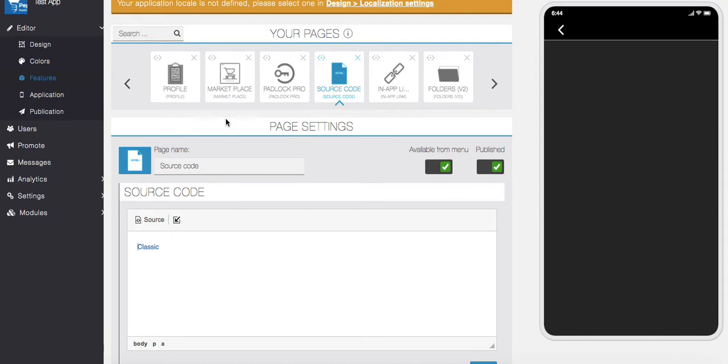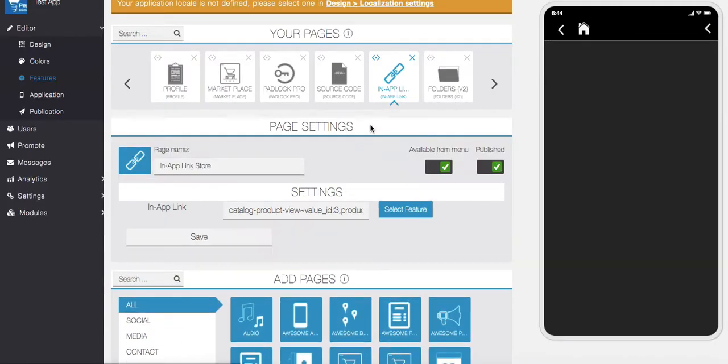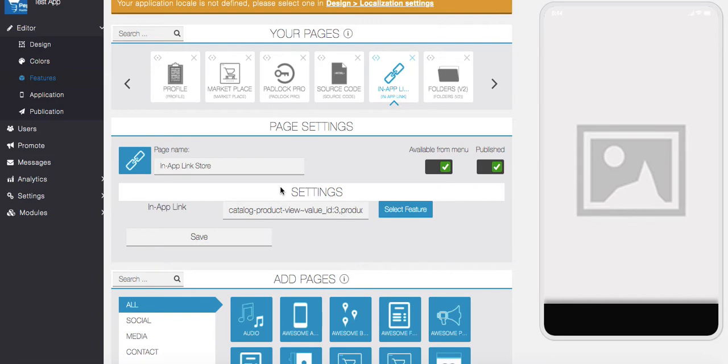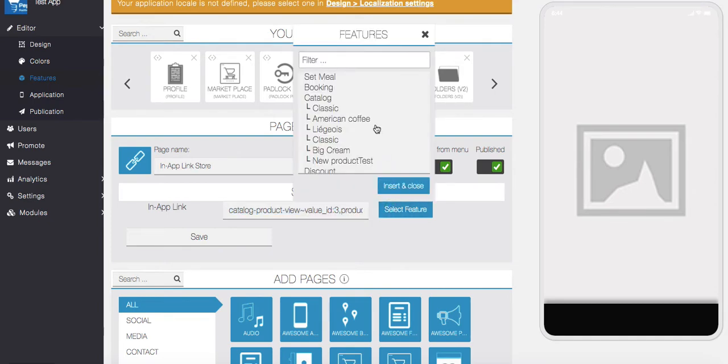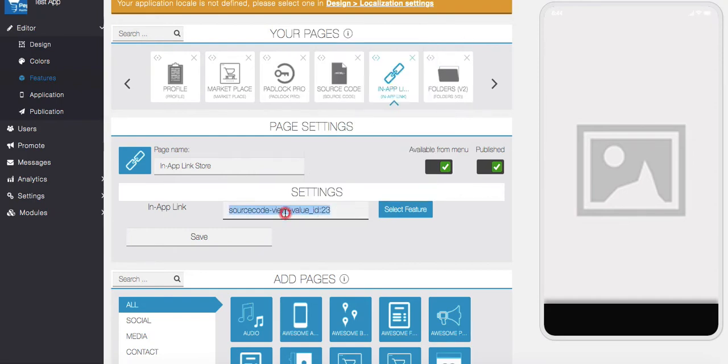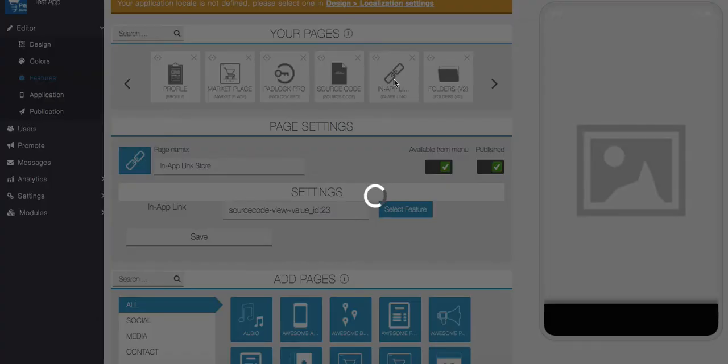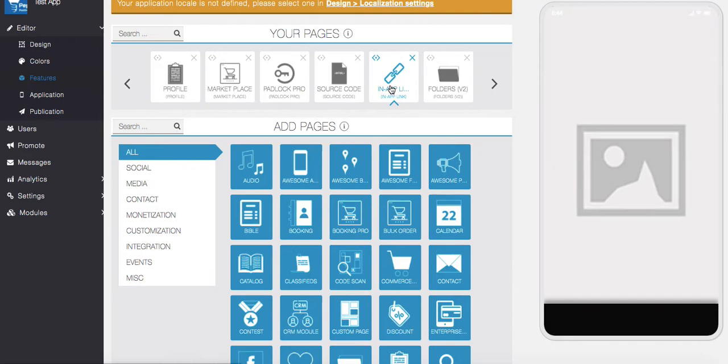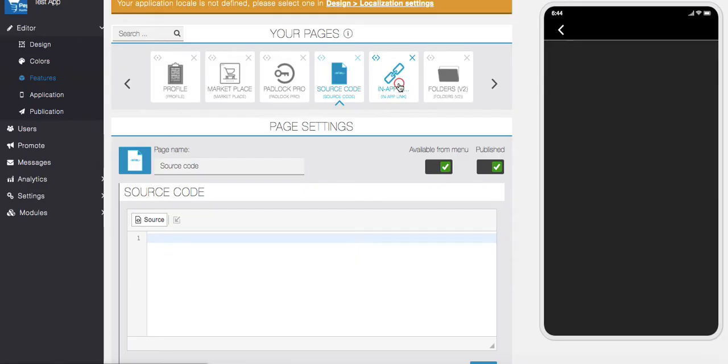Okay, so here there is one model called in-app link model that is developed by us. You can purchase it from our site. It also works in a similar way, that it allows you to select any feature, and once you select a feature and save it, when you click on this menu, it will directly open the internal link of that page.